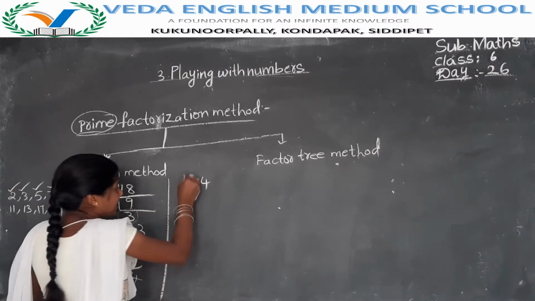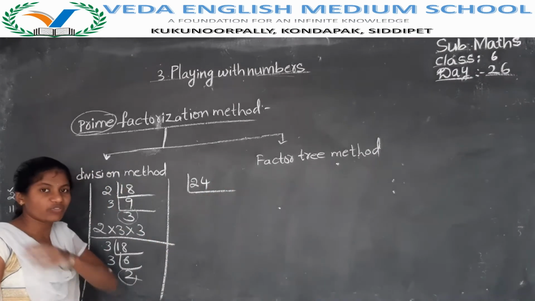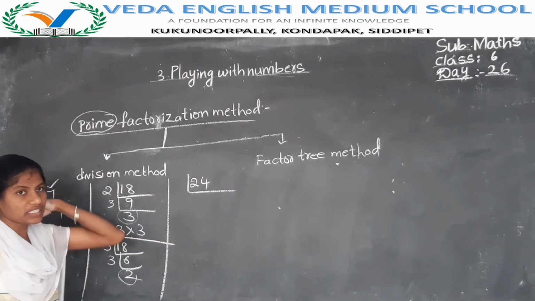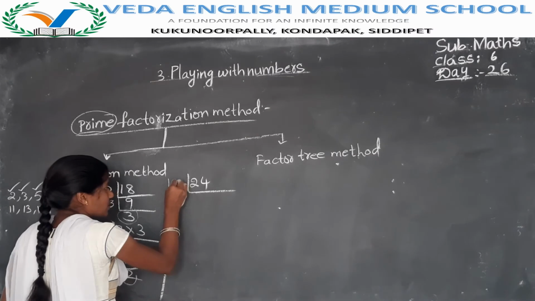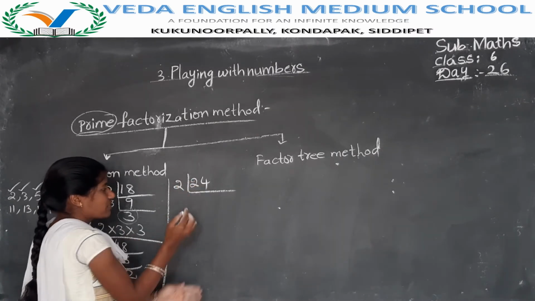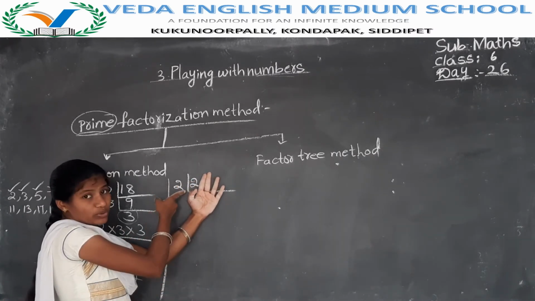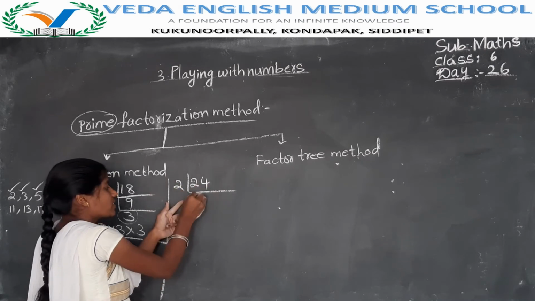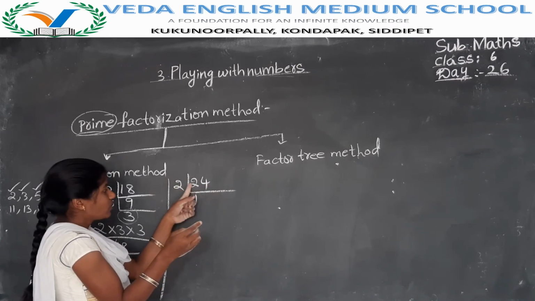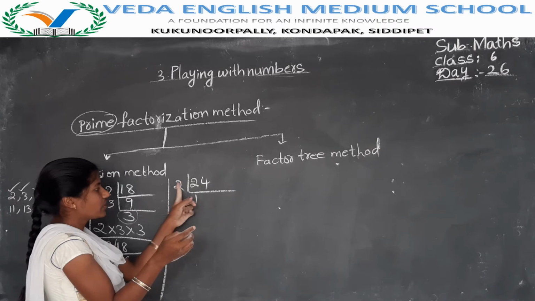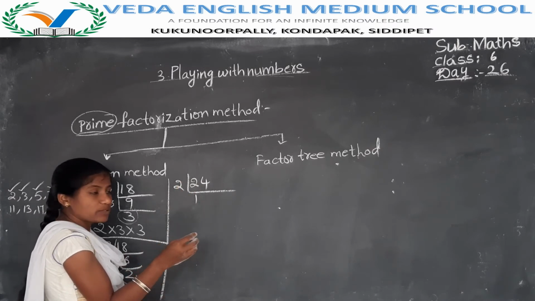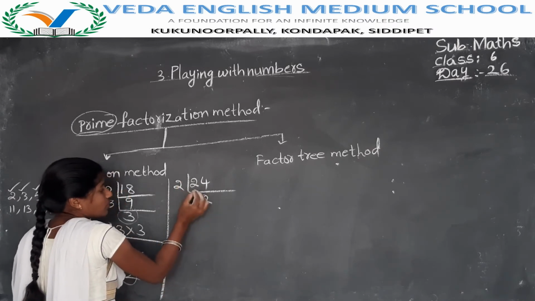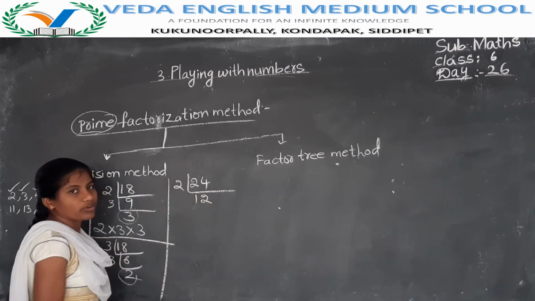Now I'm taking here 24. Is 24 divisible by 2? Yes, it is divisible. How? Now see here, 2 table. First we'll take 1 digit at a time. In the 2 table, 2 is possible. Yes, that is 2 1s are 2. Then 2 has completed. Next come with 4. In the 2 table 4 is possible, that is 2 2s are 4. Now 2 12s are 24.